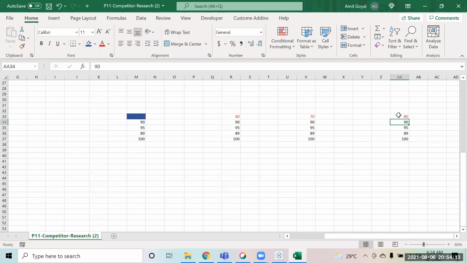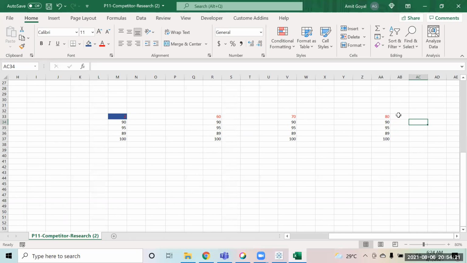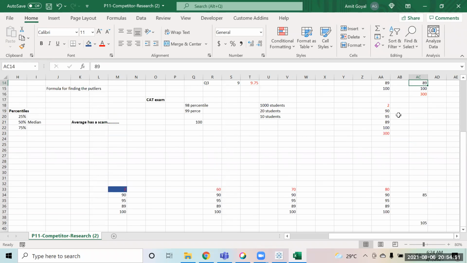But if I give you a certain number, that I have done some calculation, and now I am saying that any number which will be less than 85 will be treated as an outlier. If you get that range, any number which is less than 85, you know that 85 is the lower limit. And similarly, you find an upper limit, that any number which is more than 105 will be an outlier. Will it be easy for you to tell that this is an outlier and this is not? Correct? So this is the same thing that we are finding over here.